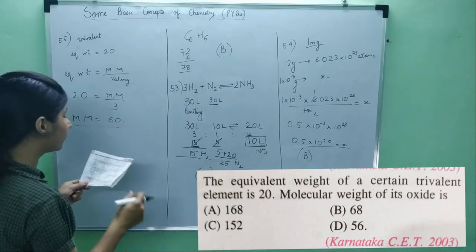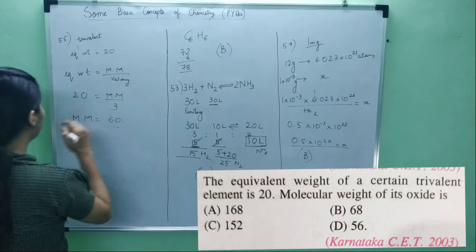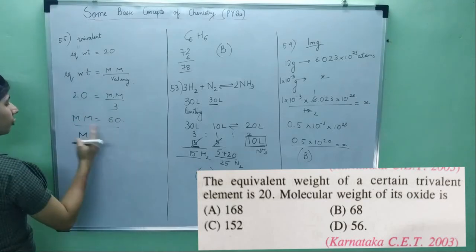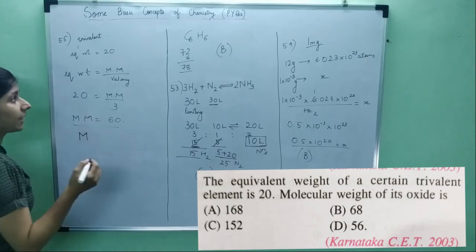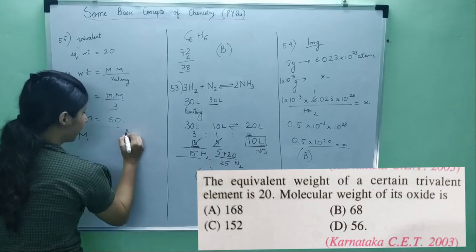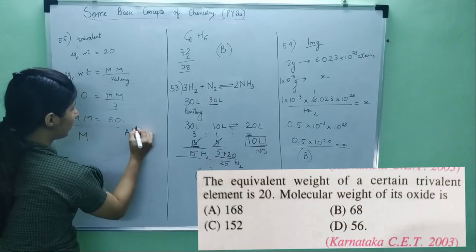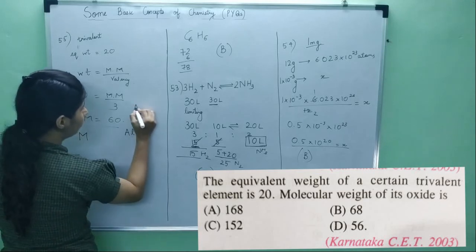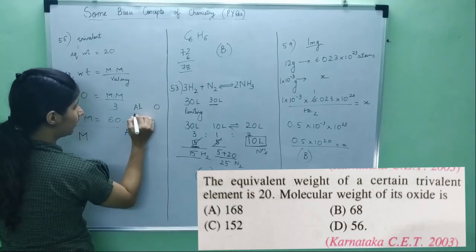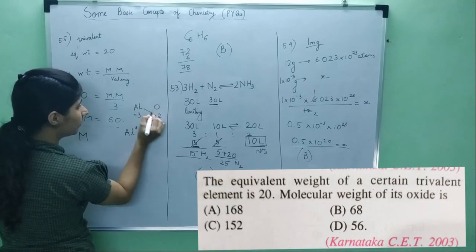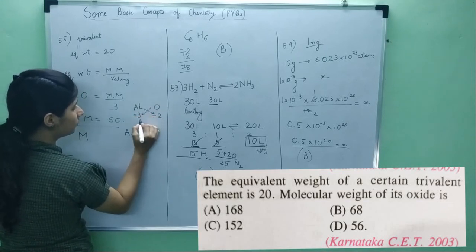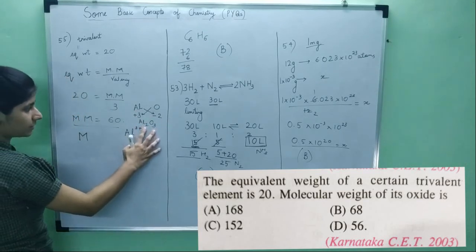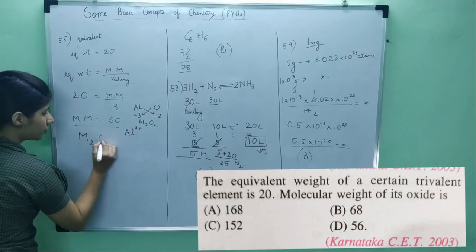Now molecular weight of its oxide is, okay. Now how would the oxide form? Oxide would be what? Let's say M is the element. It is a trivalent element. So I will give you an example of trivalent atom like aluminium. Aluminium is trivalent. So how does it form an oxide? Whenever any substance is forming, we write the valencies below and then we just cross multiply. So what would it form? Al2O3. Okay. So for a trivalent element, this is the oxide that is formed. So it would be M2O3.